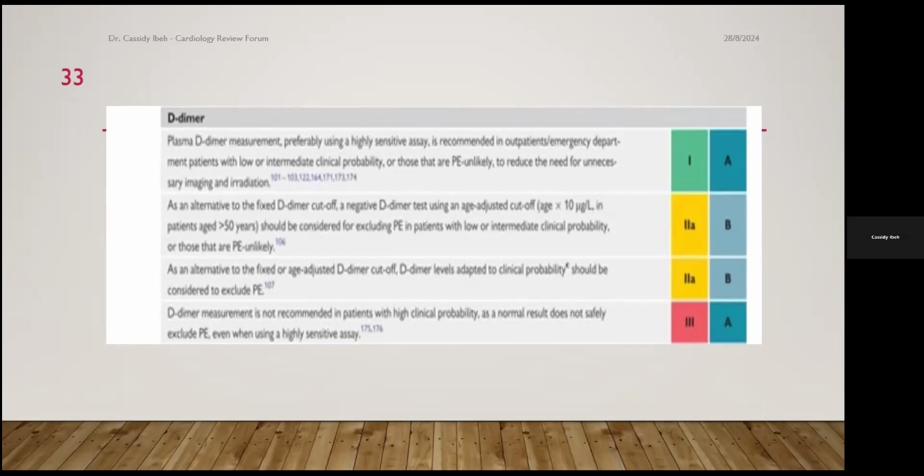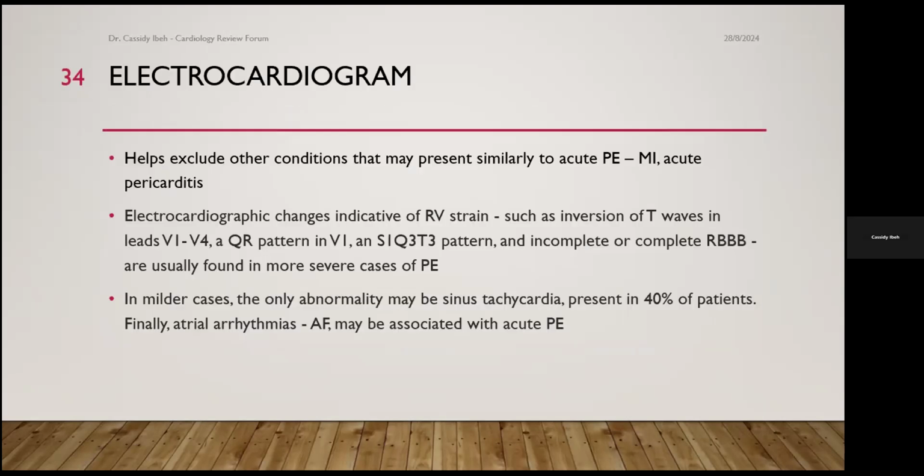Now, the electrocardiogram is one of the investigations that can also be useful in evaluating this patient, and it helps to exclude other conditions that may mimic pulmonary embolism, such as acute pericarditis or myocardial infarction. As we all know, changes indicative of right ventricular strain include T wave inversion in V1 to V4, or the S1 Q3 T3 pattern, and in most cases we also have a complete